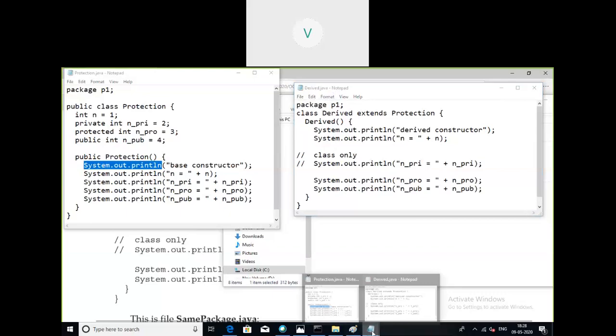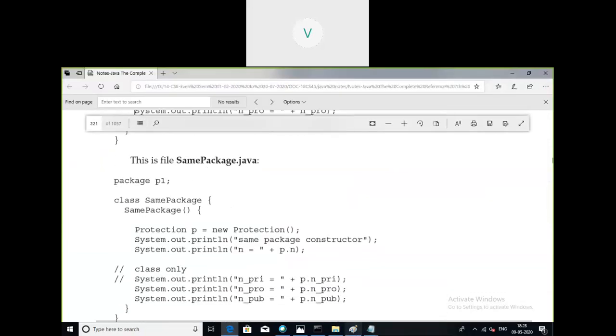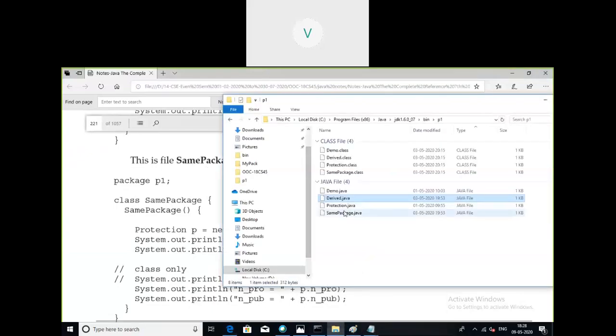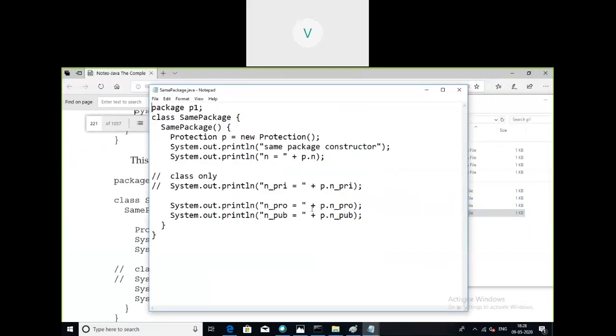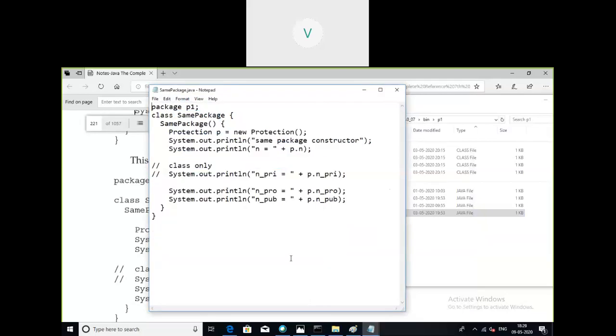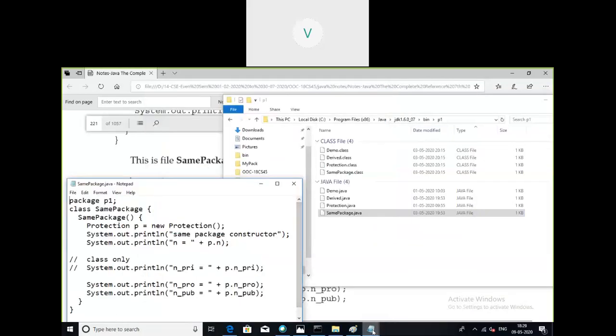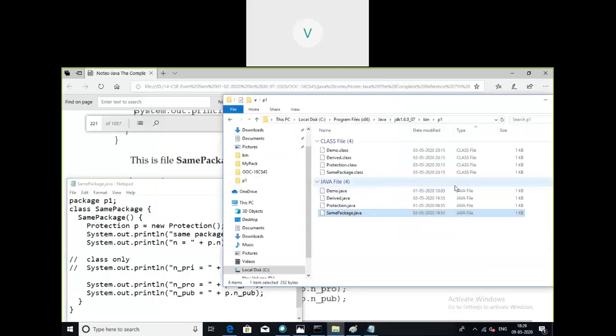So what is the third source file? Derived.java is over. Next, same package.java. In the bin folder, there is one more file called same package.java. So I have opened that source file also. I'll keep everything ready for the explanation. Then the very last source file present in P1 is demo.java.